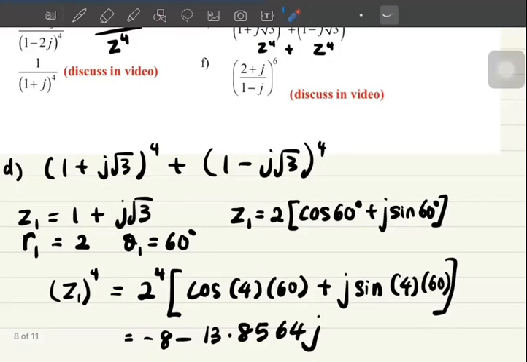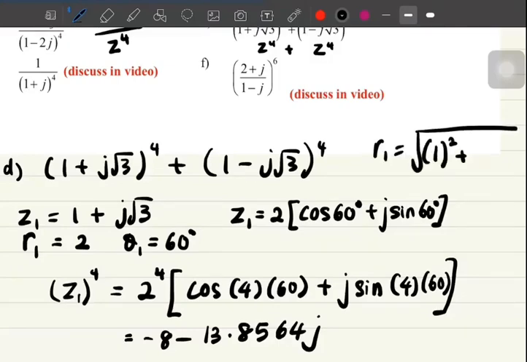Macam biasa je lah. Macam ni, R1 ni sama dengan square root 1 squared tambah square root 3 squared. Square root 3 squared dia akan dapat 3. 3 tambah 1, 4. Square root 4 sama dengan